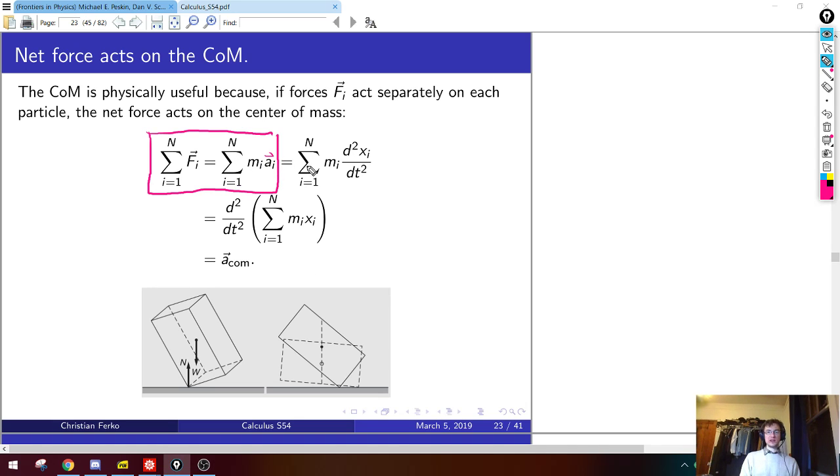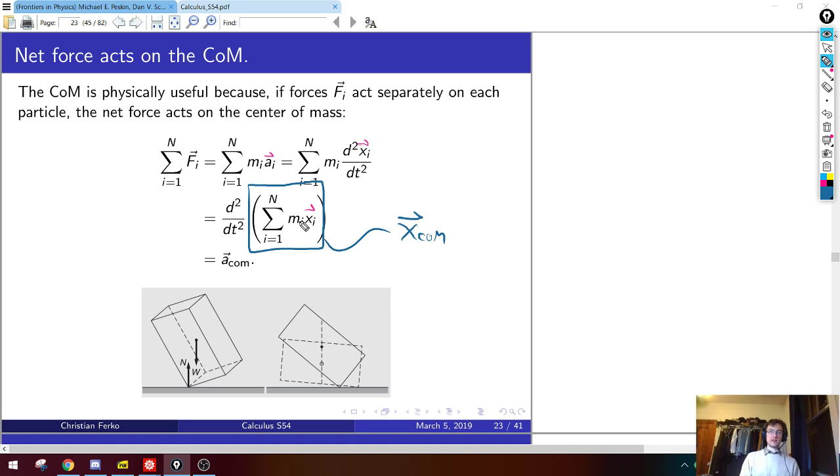The definition of acceleration is the second derivative of position with respect to time. So this is the sum of the m's times the d squared x's by dt squareds. Derivative is linear, so the second derivative of a sum times some numbers is the same as the sum of those numbers times the second derivatives. So we can pull out the second derivative overall and let it act on the sum of the masses times the positions. But now this thing in parentheses is that center of mass object that we just defined a moment ago.